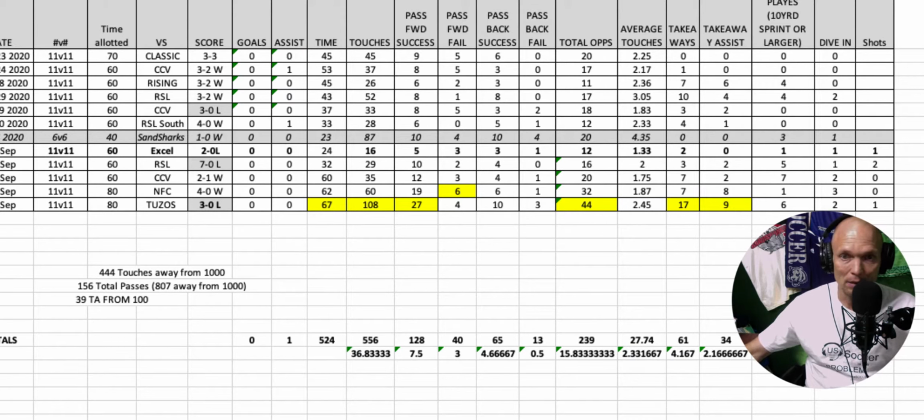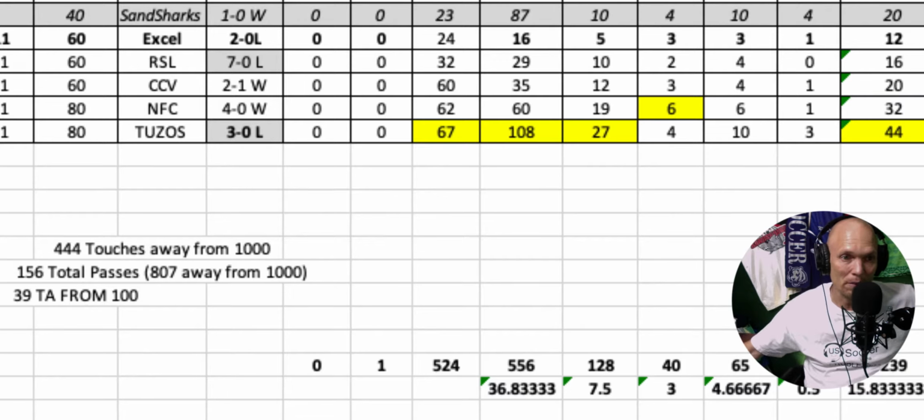Now, below here, I add incentives. So here, he is 444 touches away from 1,000. And when he gets to 1,000, I'm going to get him a shirt. I'm going to design it like 1,000 Touch Club or something like that. And then he's 156 total passes away from 1,000, he has 807 so far. And then he's 39 takeaways away from 100. So I'm trying to give him something to go after and really have him focus on his individual development, because when you're out there,